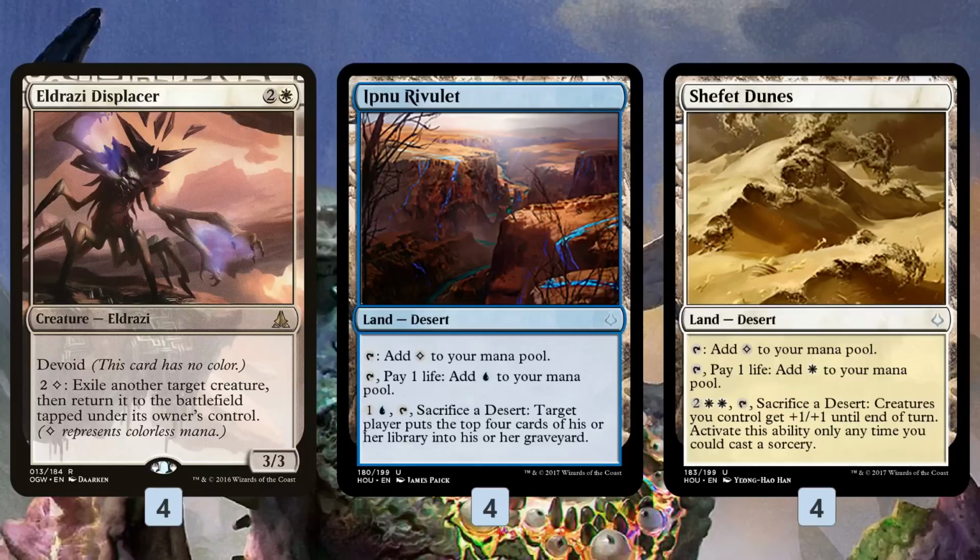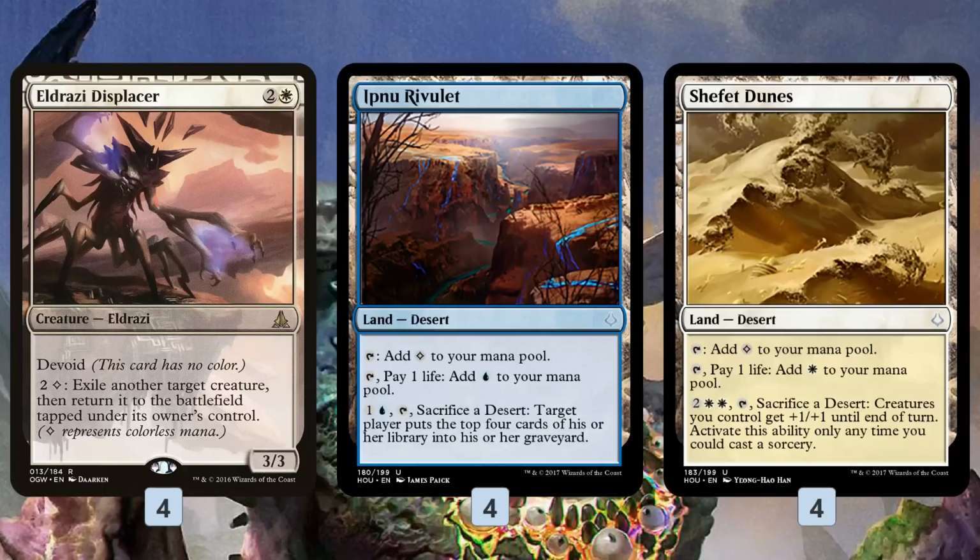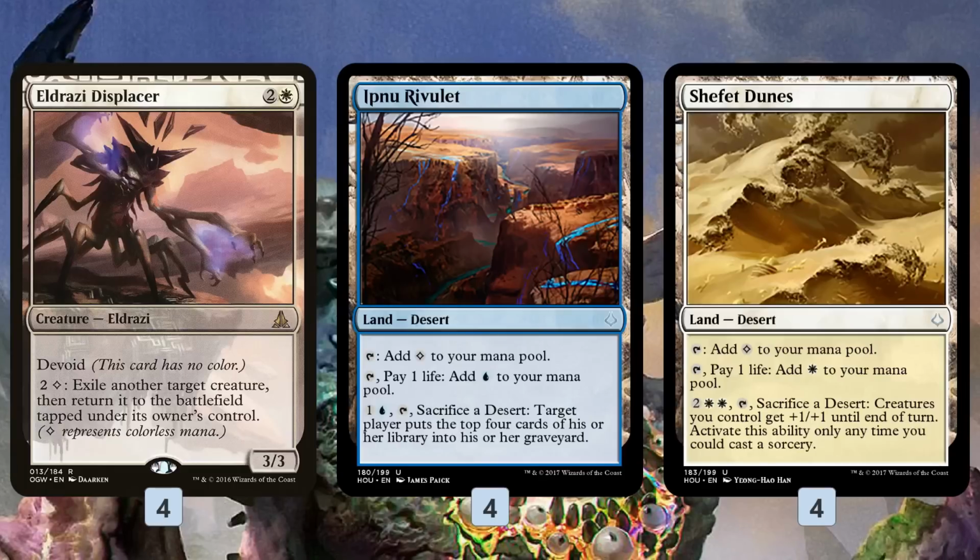It lets us blink our Cloudblazer to draw more cards, gain more life, our Sunscorched Champion to gain more life. It lets us blink our Thraben Inspector for more clues. All of our stuff is so good to be blinked that Eldrazi Displacer is insane, but it was very hard to activate. The mana base really suffered without the Pain lands, but now we're a straight blue-white deck, so we